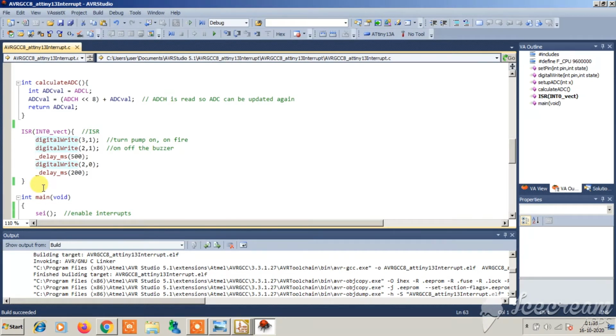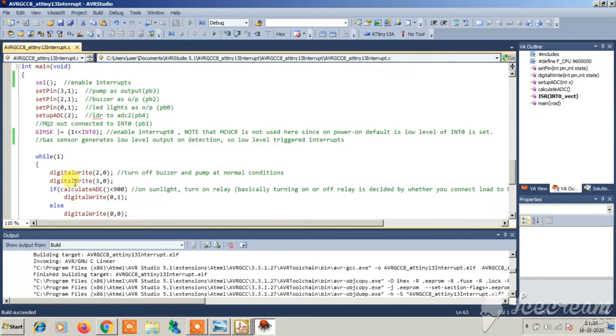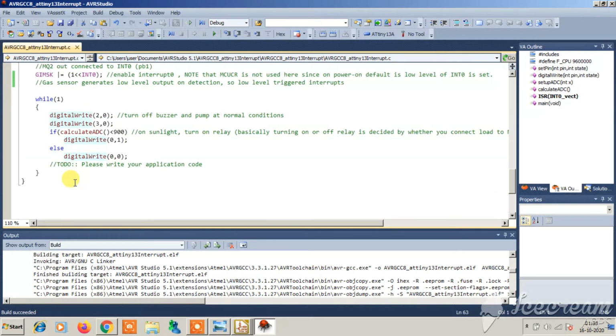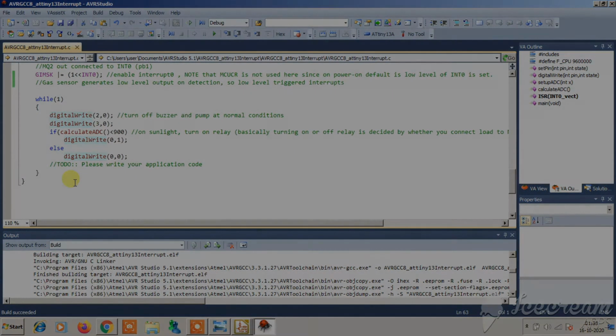It's a very clever method, and you reduce your flash size and you can do more things with the microcontroller. So I think this example is very clear. Now time to burn the hex file to the microcontroller, and let's now see how the hardware performs with this piece of code.